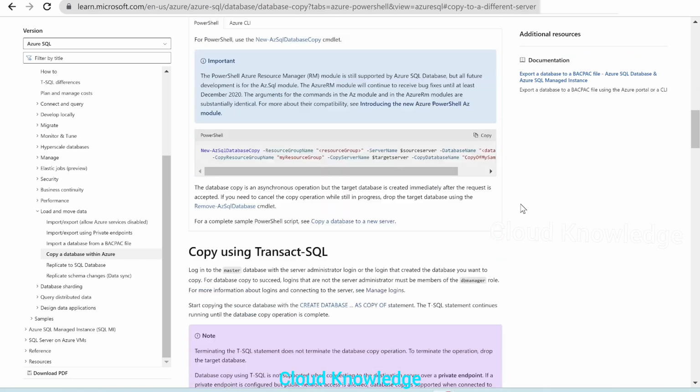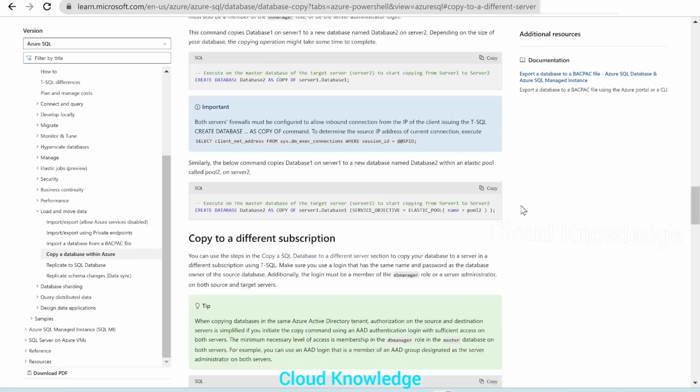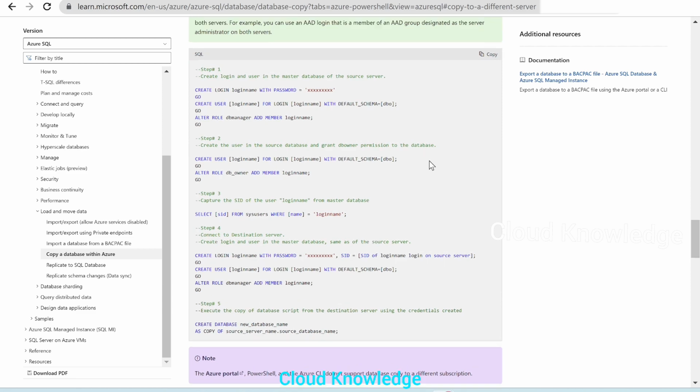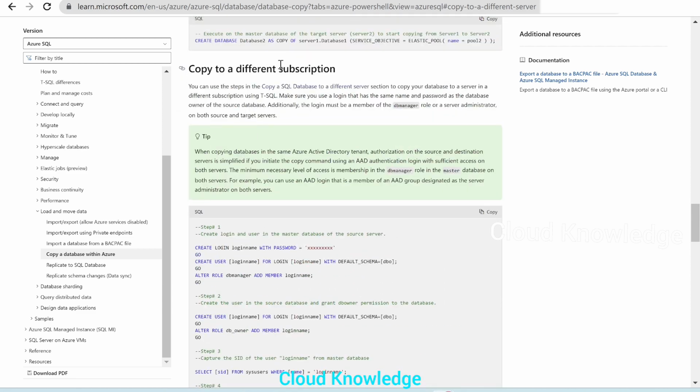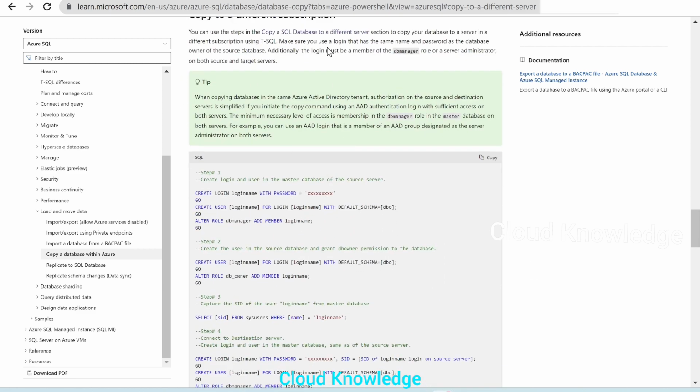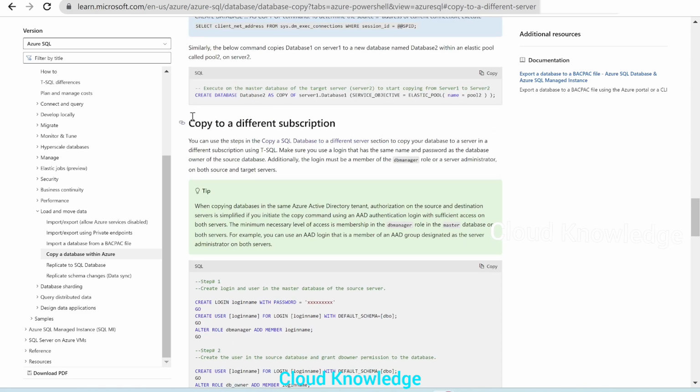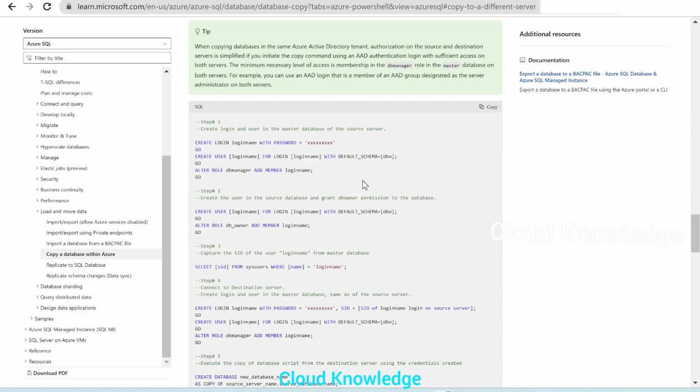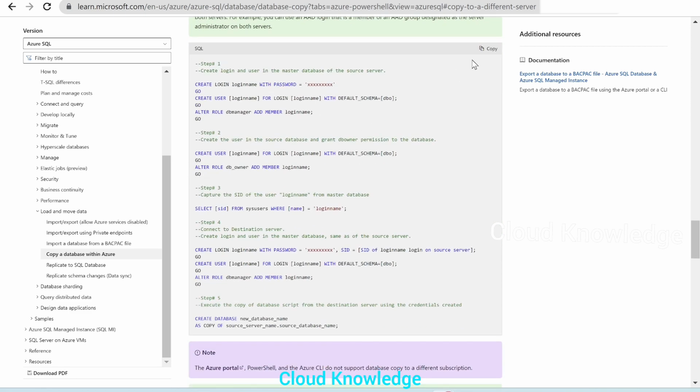Hence, if we go down here, we have the steps given under the section copy to a different subscription. We have to follow these steps one by one. We have to create the login, user, give the role of DB manager on the master database of the source server.